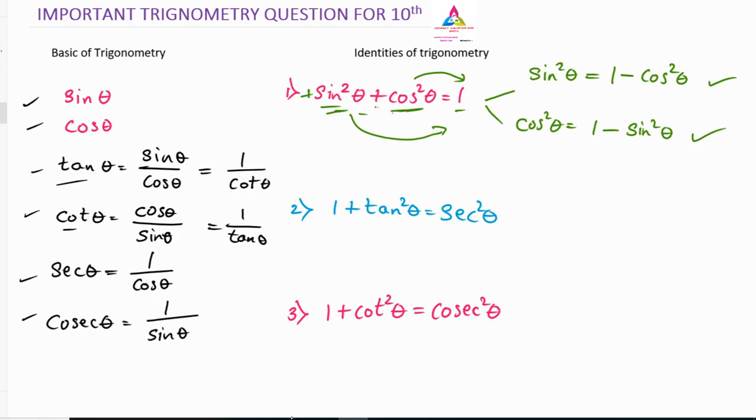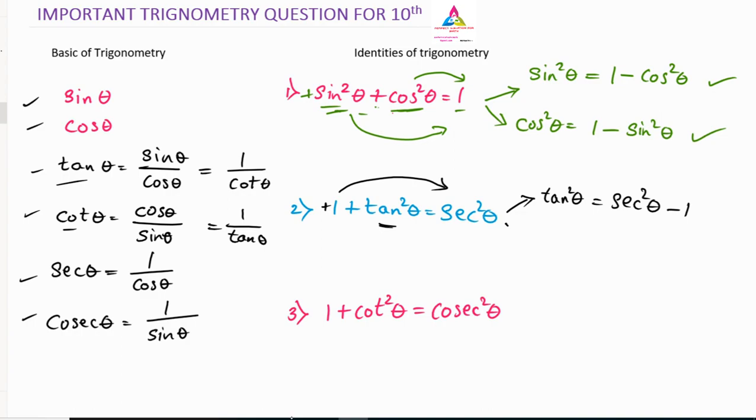If you remember the first identity, these two identities we can subdivide very easily by shifting. Similarly, on the other side we have to do the same thing here also. 1 plus tan square theta is equal to secant square theta. Again, here we have to follow the same rule. We have to keep this tan square theta here only, so I will write the tan square theta here only, and secant square theta I will write here only. But now I am shifting this 1 to the other side. So plus 1 we have, so it will convert into minus 1.